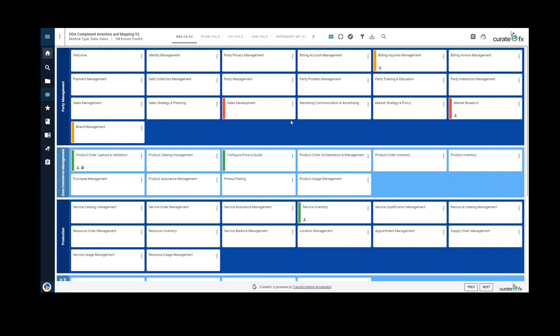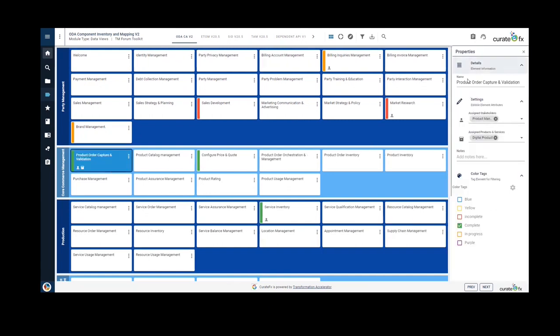Each of these groups contain elements. We can see elements have been tagged with colors, stakeholders, and products and services. We can gather more information on these by clicking on the element. This will open the Properties panel. Here we can see the name of the element, the assigned stakeholders and products and services, and the color tag